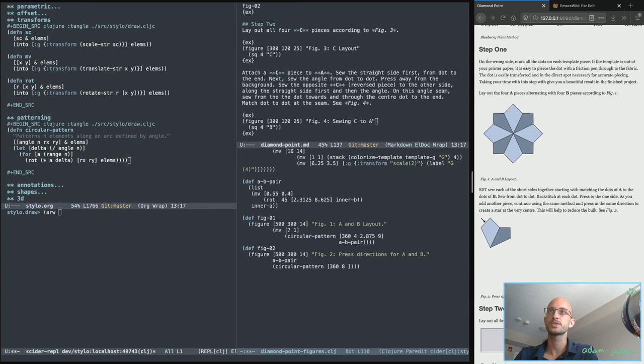And the center position, I will make it 2.8759. Oh no, let me try 6 and 1, and it'll be an arrow from